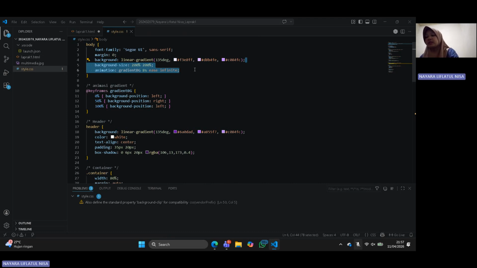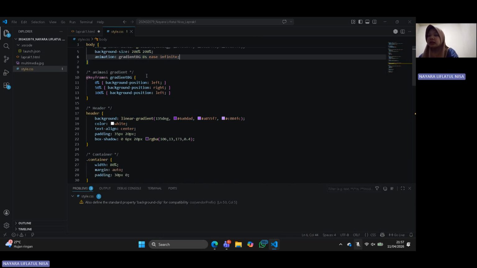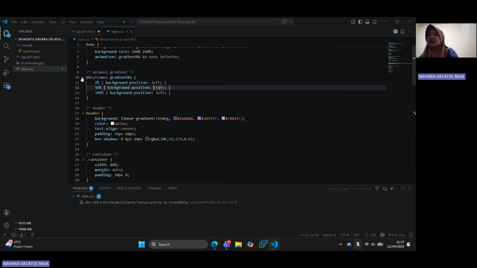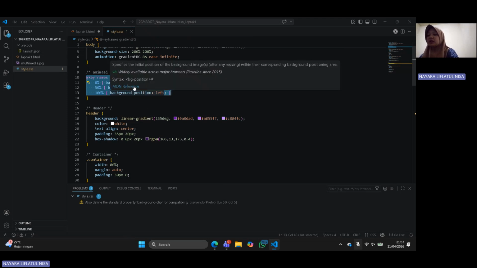This creates a dynamic and modern visual effect instead of a static background. Next is keyframes. The keyframes define how the background animation works. It changes the background position from left to right continuously, creating a smooth transition effect.